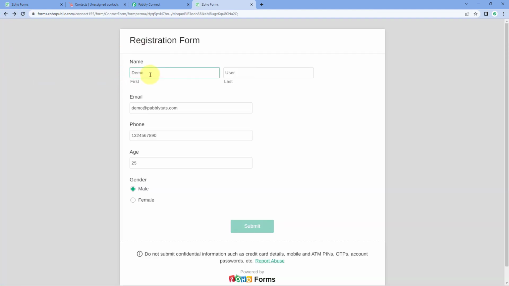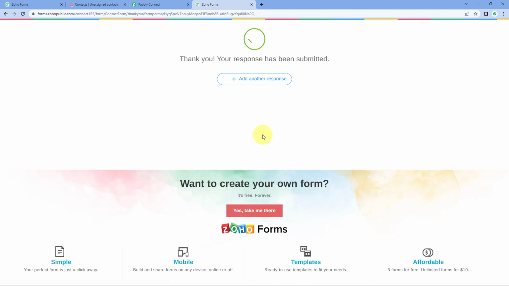And then here we are going to make another test form submission. So let's enter the details as test user. This is the email address of this user. Let's enter the mobile number, a dummy number, age, and select the gender. Click on submit. Now as we click on submit, we will see just now we have received a new form